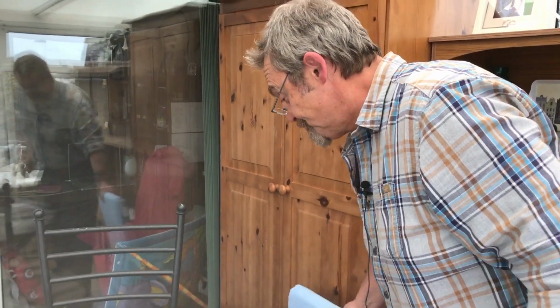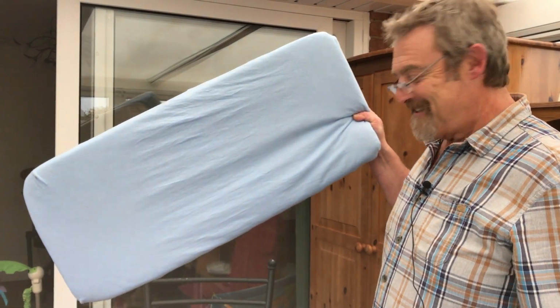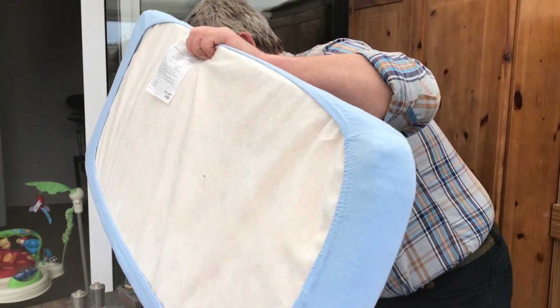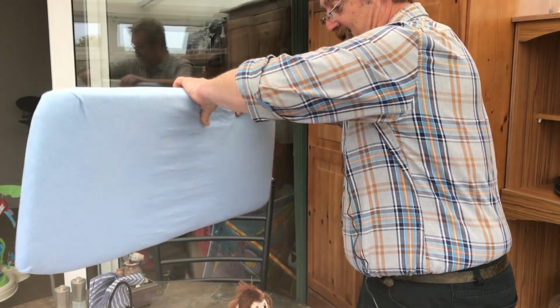I've just gone and got Isaac's little baby bed mattress. Wish I had one. Anyway, I'm going to see, is there a way we can prop this onto the table at the back here? I don't know. We haven't tried this, so I don't know if it's going to work. I'm just going to see if I can just...